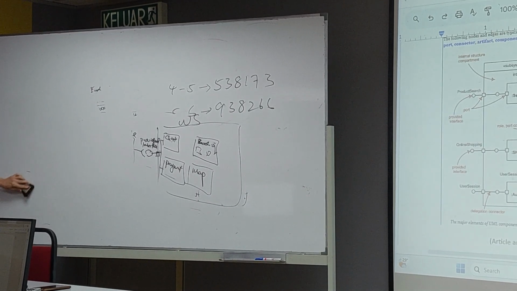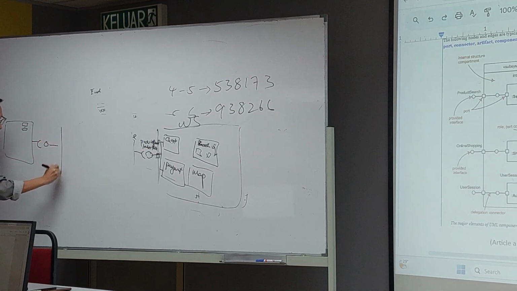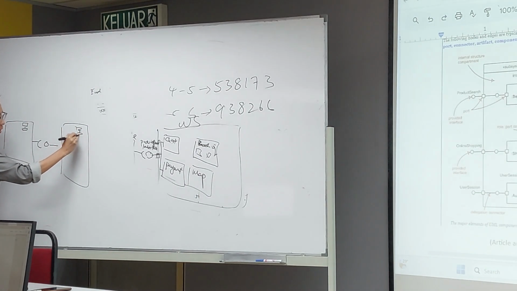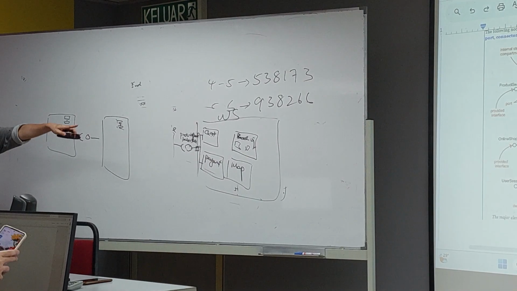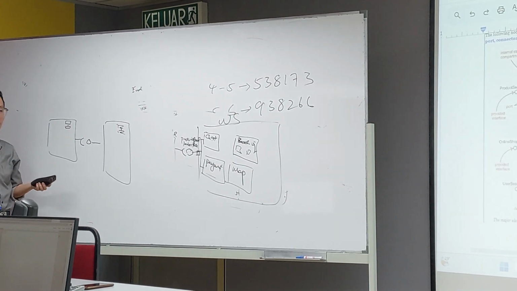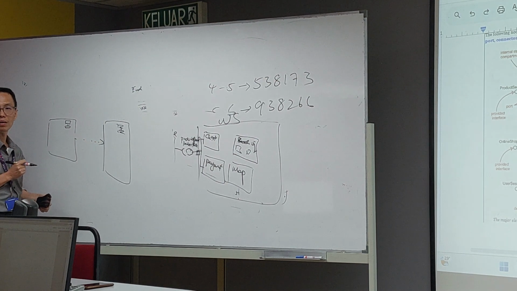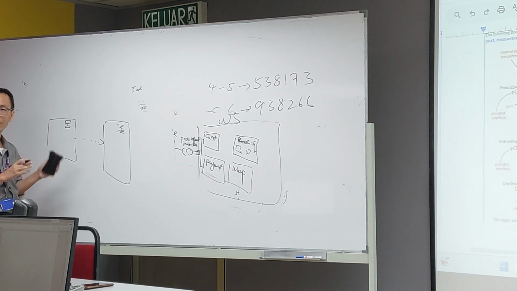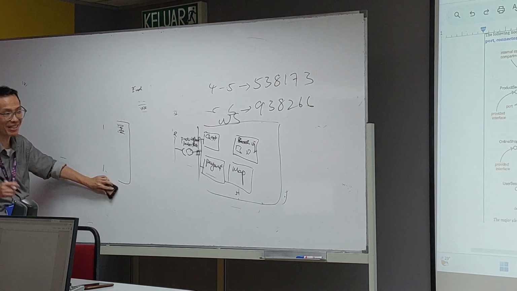Sometimes you want to show, let's say, this is one component, with assembly connected together. If you don't want to show it in such a detailed way, and you want a more conceptual or abstract one, you can just show the component like this. That is a dependency. Understand? This is one of the usages. Another meaning is